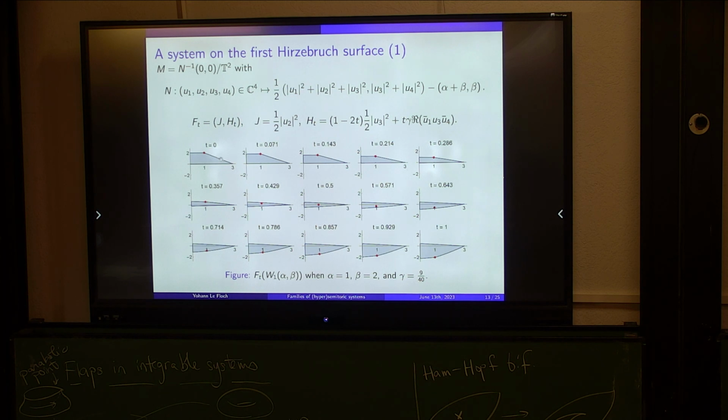So here the slope is 1. Or otherwise, you can define it. I mean, you apply Delzant's algorithm, it will give you the manifold by an explicit symplectic reduction of C4 by a T2 action. And the T2 action is generated by these Hamiltonians. Okay. So whatever, we have an explicit formula for the J and the H_t. Okay, it's ugly, but it's explicit.